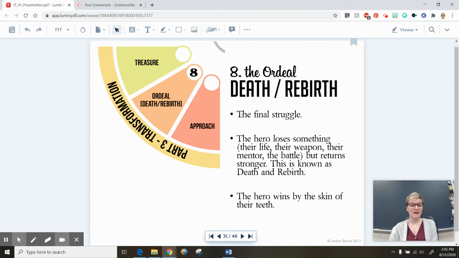Maybe they lose a friend or their mentor. And the hero is going to win. So in a hero journey, the hero has to be victorious in some way. It might not be against that actual final major battle, but they'll need to be victorious. Maybe emotionally, there has to be some sort of victory for them.